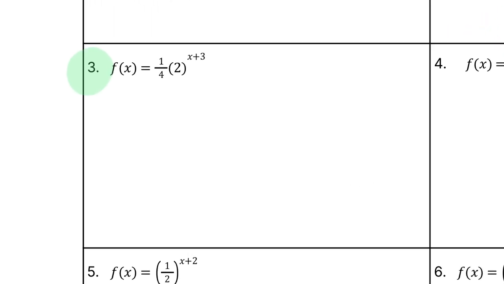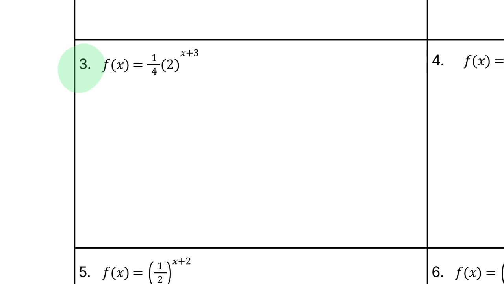Okay, so number 3, f of x equals 1/4 times 2 to the x plus 3 power. So I want to manipulate this equation to where this x plus 3 will just be x. I don't want that plus 3 to be there. So using that product rule that I wrote earlier,